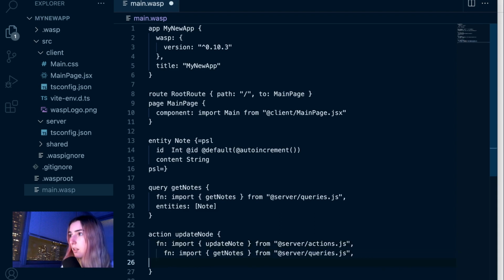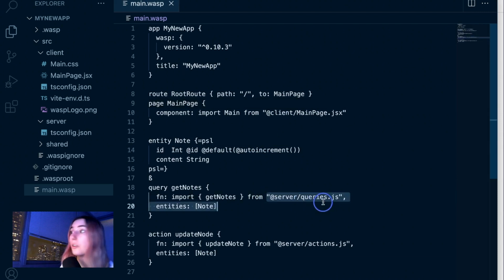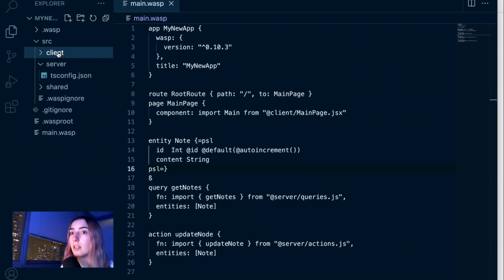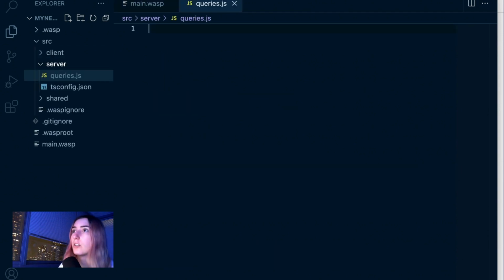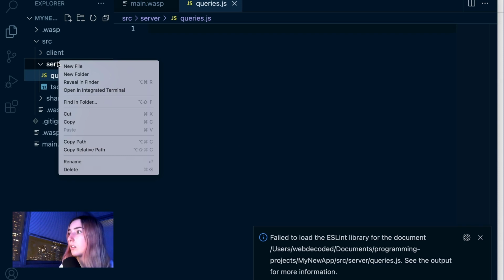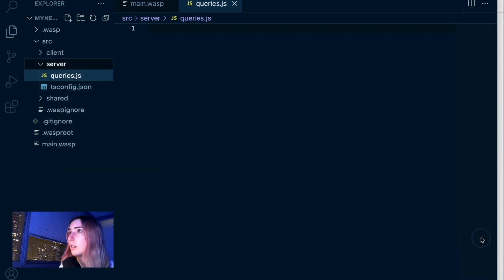Oops, didn't copy that right. All right, let's save this. And now we are gonna go ahead and inside the server folder, create queries and actions files. So new file, queries.js, and okay, let's